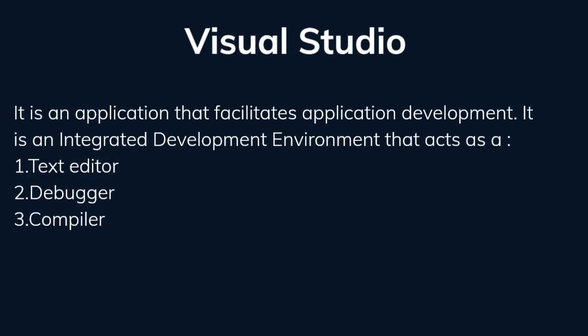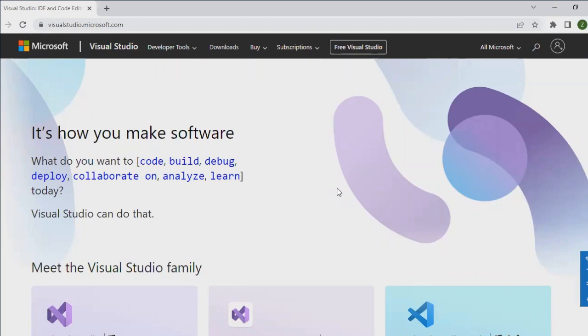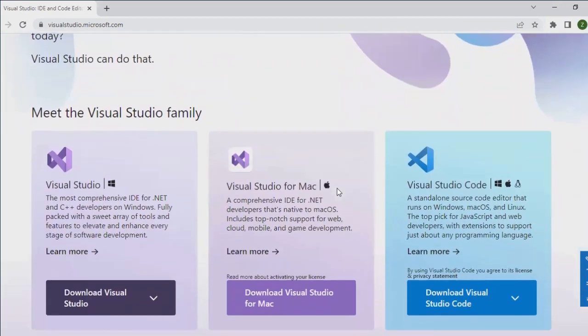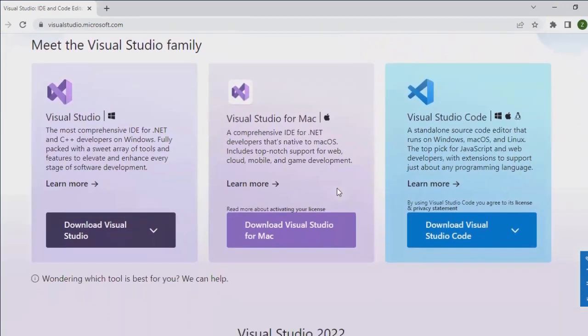One of the popular integrated development environments for Visual Basic is Visual Studio. Visual Studio is an integrated development environment from Microsoft. It is used for developing web and desktop applications, as well as mobile applications, cloud services, and more. It includes tools for coding, debugging, and building applications, as well as a wide range of project templates to get developers running quickly. Visual Studio is available in several editions, but for this tutorial, we'll be using the free community